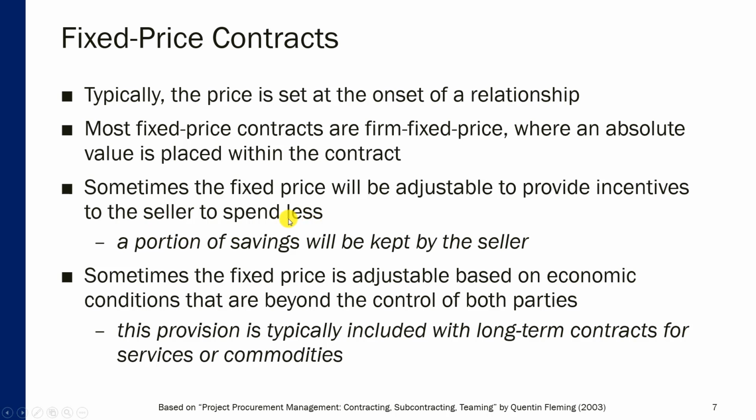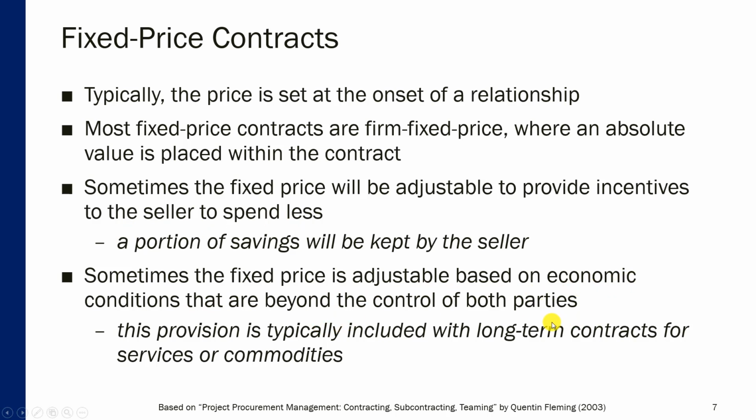under this modification, if your seller delivers something at a price that is less than what was agreed upon, let's say due to better efficiency or new approaches or new technologies being invented or some market conditions, then a portion of the savings will actually be kept by the seller. So there's an incentive for them to perform at a lower price because they will make more money at the end. Or, as I explained before, sometimes the fixed price is adjustable based on economic conditions that are beyond the